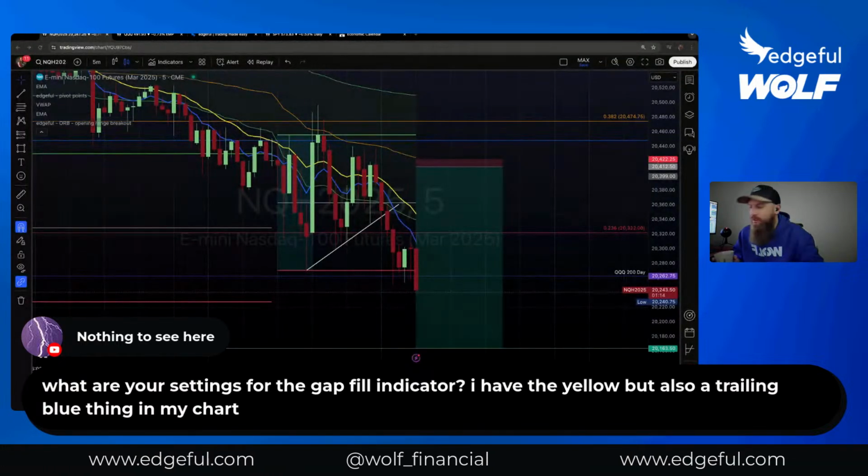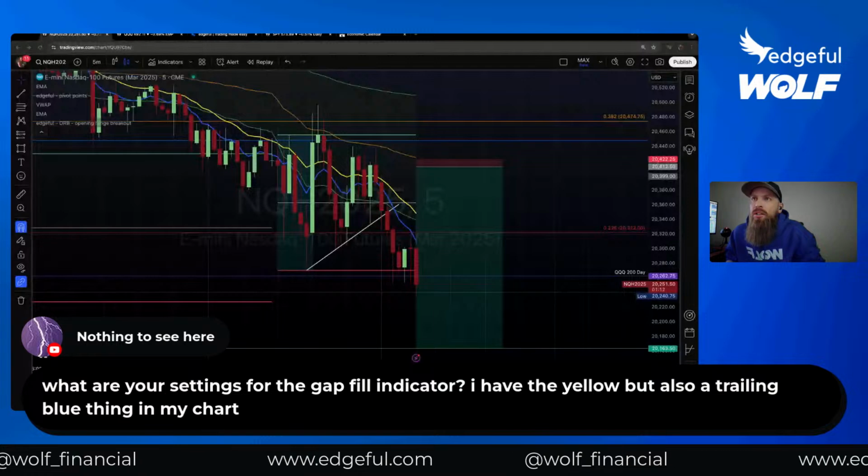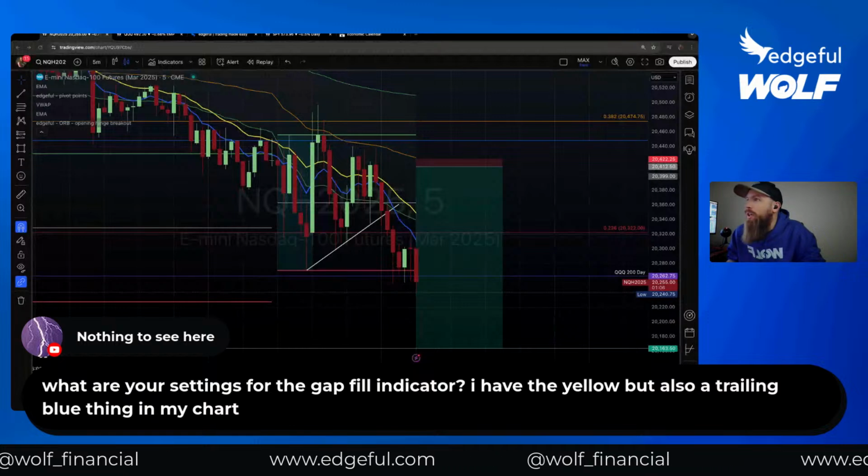Hit the last few questions here. If you got any other questions, get them in now because I am going to shut down the stream here in just a couple minutes. What are your settings for the gap fill indicator? I have the yellow line, but also a trailing blue thing in my chart. Okay, so